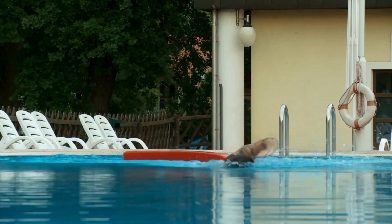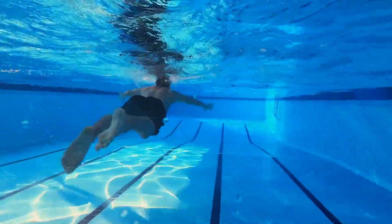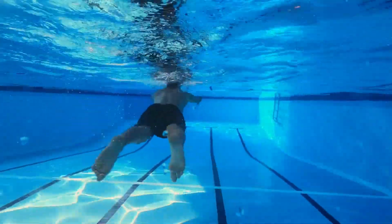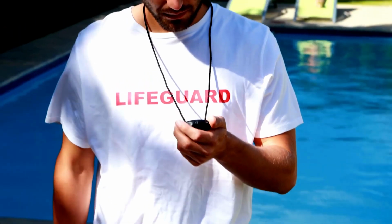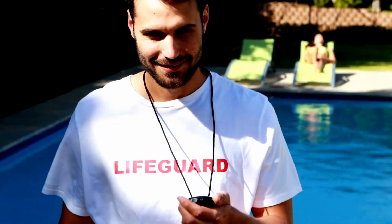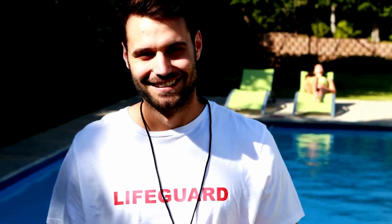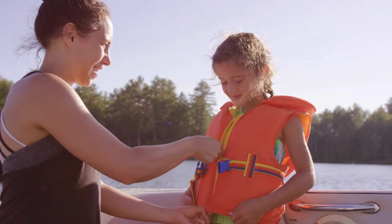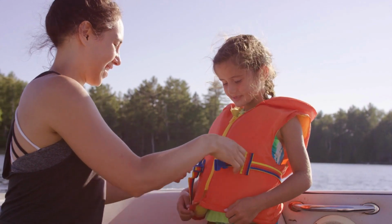save a drowning victim. Now that we've explored what happens when you drown step by step, it's important to remember that drowning is a preventable tragedy. Always swim with a buddy, never swim alone, and never leave children unsupervised near water. Additionally, it's crucial to know how to swim and to wear a life jacket when boating or participating in water